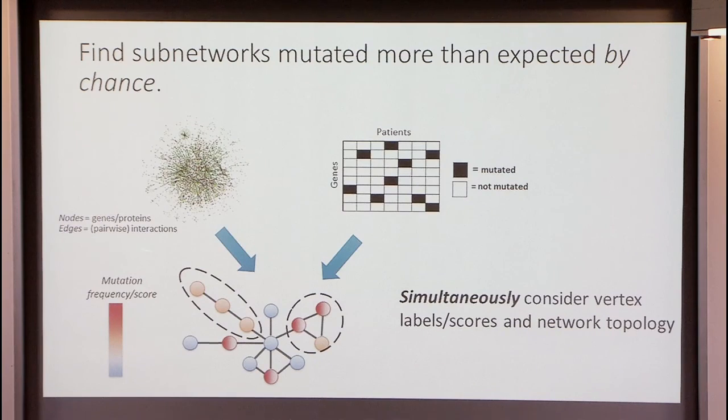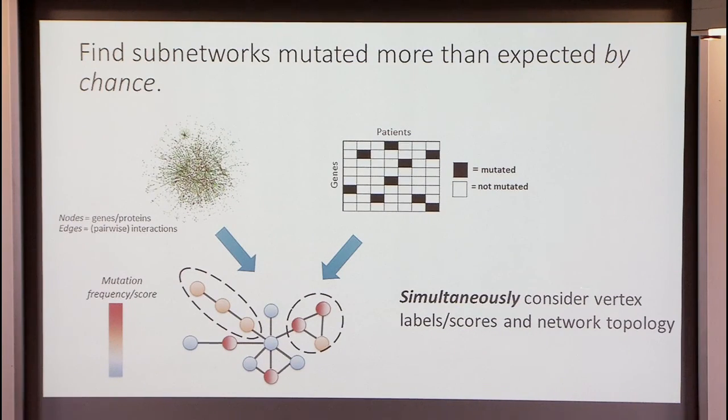Rather than looking at a known pathway, let's take a whole genome interaction network. People have constructed these things. You can construct them from well-known pathways that you superimpose. You can bring in all sorts of high throughput data, yeast-2 hybrid data, mass spec data, everything you know about interactions in your cell type of interest. And now you'll have your mutation data, and rather than test one gene at a time or test a known set of genes, could you just find parts of the network that are mutated more than you expect? It's kind of what those pictures were showing you.